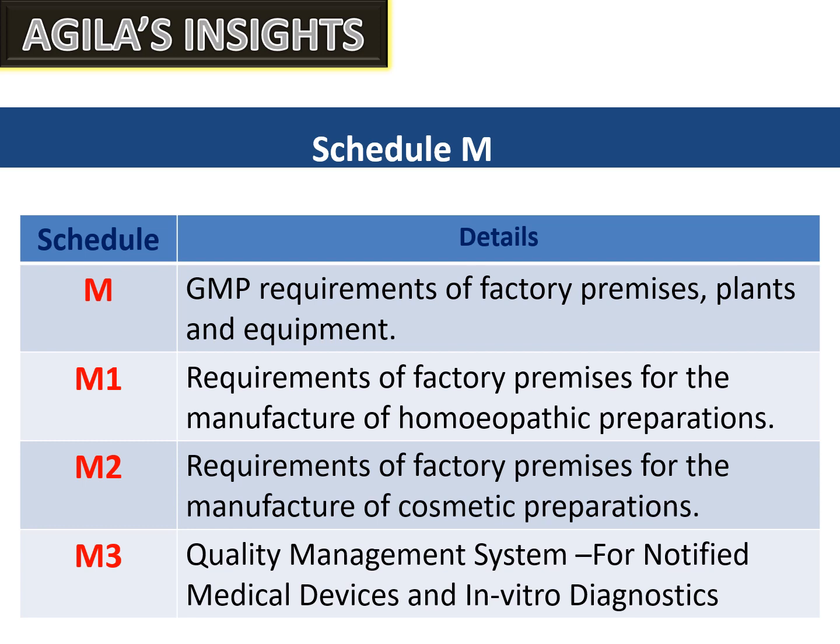Schedule M is about the good manufacturing practices and requirements of premises, plant and equipment for pharmaceutical products. We have different parts in this and we'll see one by one. Part 1A, specific requirements for manufacture of sterile products, parenteral preparations like SVP and LVP. SVP is small volume parenterals, LVP is large volume parenterals, and sterile ophthalmic preparations.